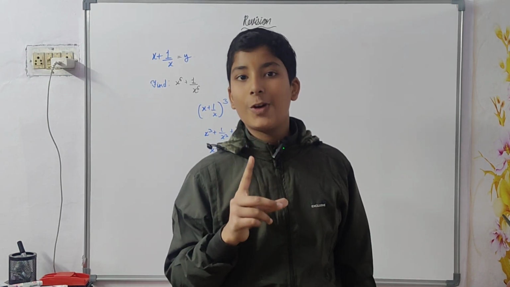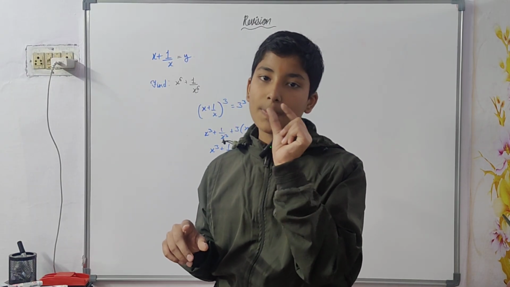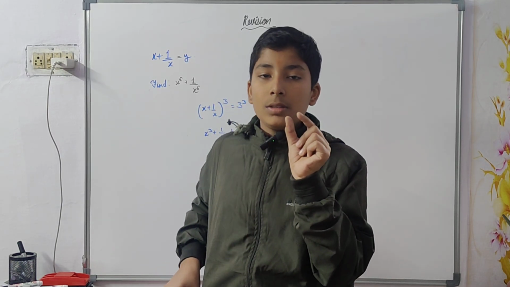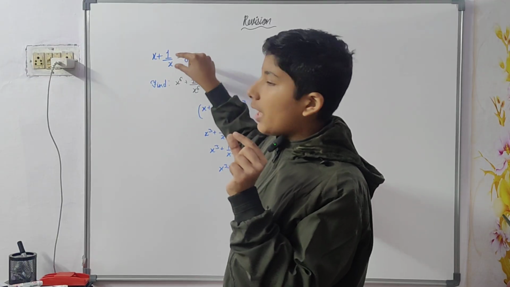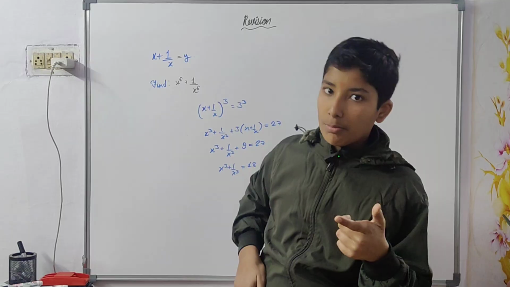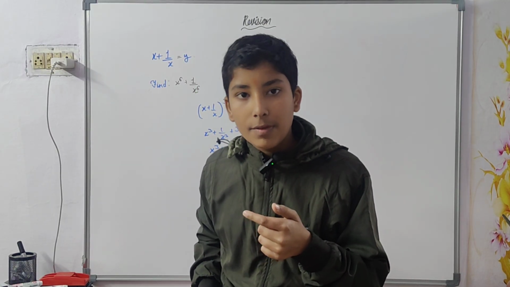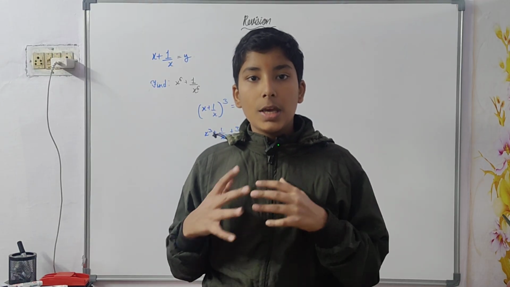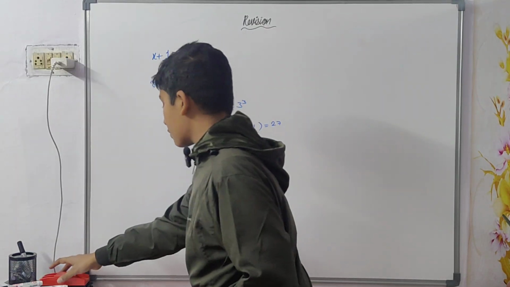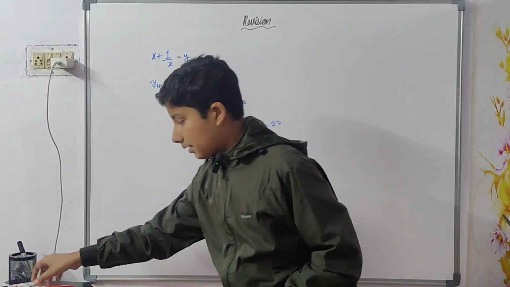I also have one trick for it. For squaring, if there is a plus in between, and x plus 1 by x is given, you have to do p square minus 2. I have told you, so you will do y square minus 2 if it is an MCQ. And if it is x minus 1 by x that is given, you will do just the opposite, you will do plus 2. Okay, now x cube plus 1 by x cube has come out as 18.